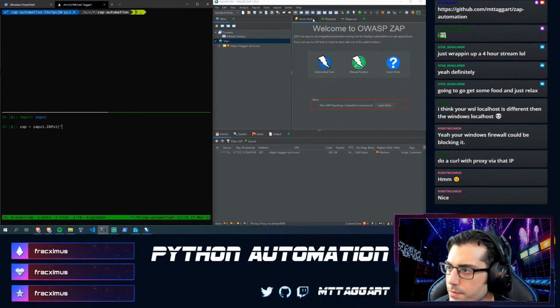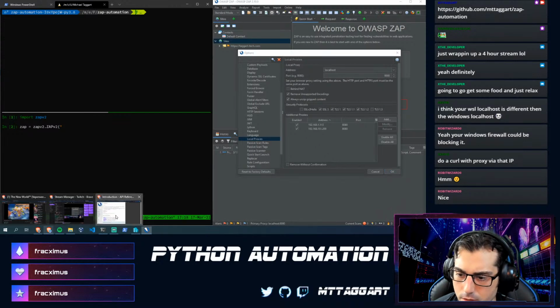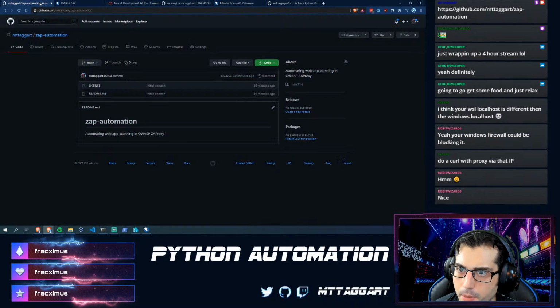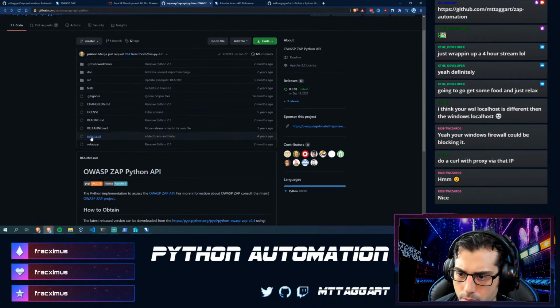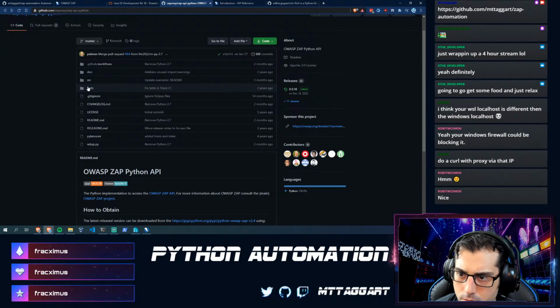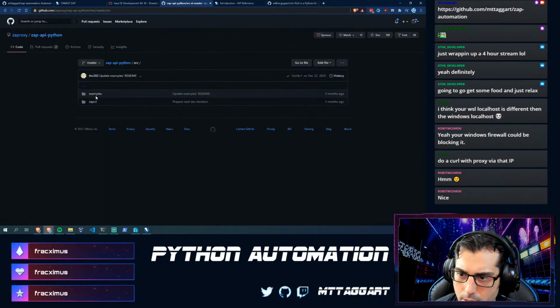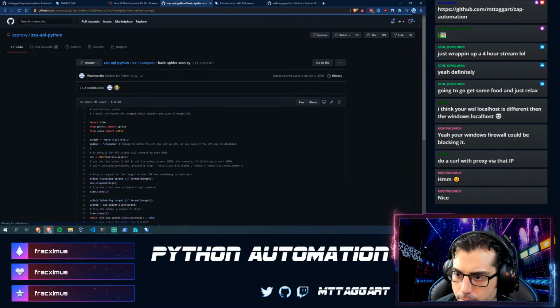And I believe the API key is a named parameter, but let me be sure by looking at the examples, which are somehow not in the examples folder in the document.